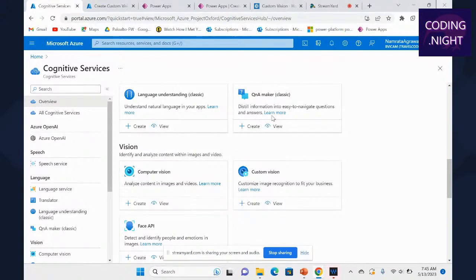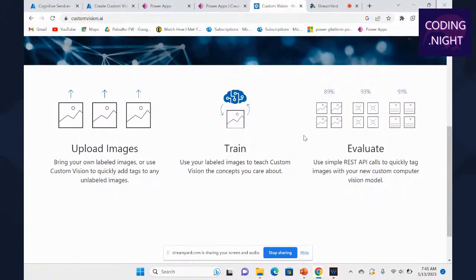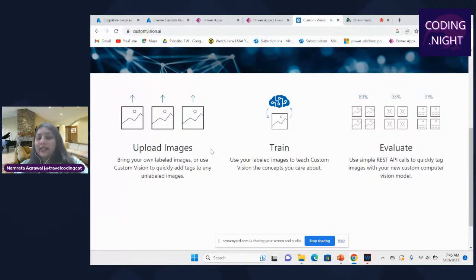And if I talk about custom vision, how you can train your model, evaluate your model, and then test your model, this is the part. Here, you upload the images, and you can upload any image based on the data set, making sure that it's ethical and that you are not violating any rights in the data. That's a very important thing while you're using data. Uploading images is the first thing. Second is training the data, and that can vary across different iterations, 1, 2, 3. The last part is evaluating and testing it.